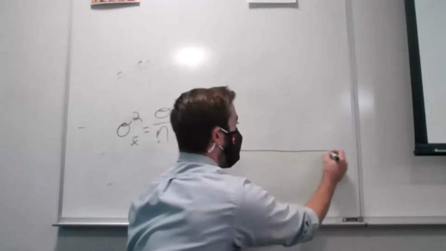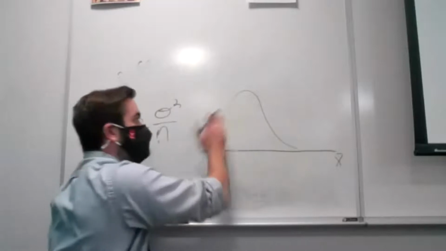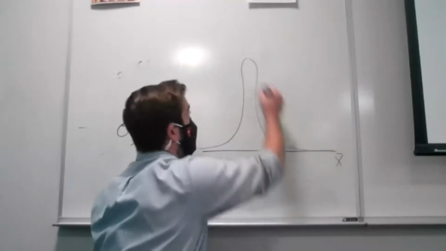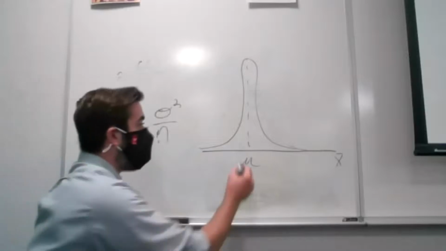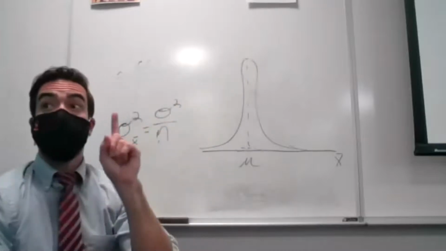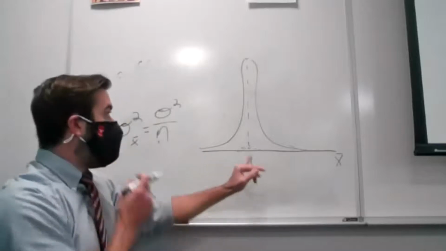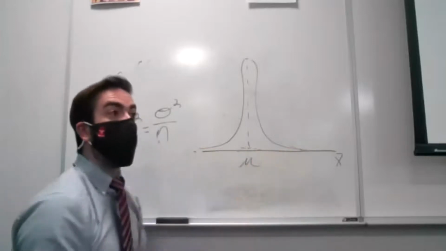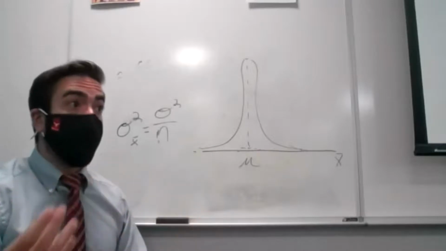Well, because if I can get a low variance, when I think about the distribution of my sample means, it's going to be really, really peaked right around whatever that population mean is. So I know that values really close to the population mean will be very likely for me to see if I only take one sample. I'm only taking one sample. So I'm hoping that when I take one sample, the probability I see values near the mean is really high. Probability I see values very far from the mean will be very low. Right? That way I'm trying to guarantee that the sample mean is going to be pretty close to my population mean.